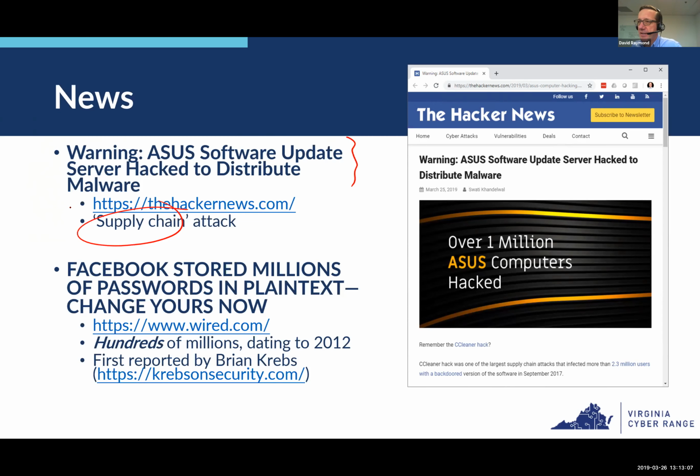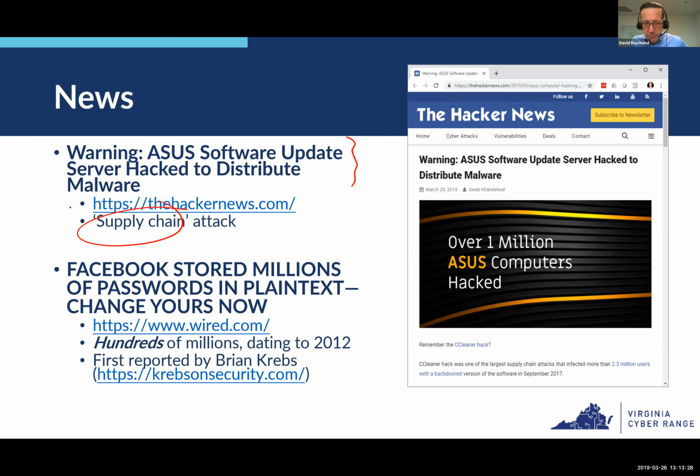other than the fact that they allow their system to be auto-updated, or they allow their system to be updated at all, which is a thing that we certainly encourage people to do, right? Update your software, because it'll help fix vulnerabilities. In this case, the software update created a pretty significant vulnerability. So that's kind of a scary